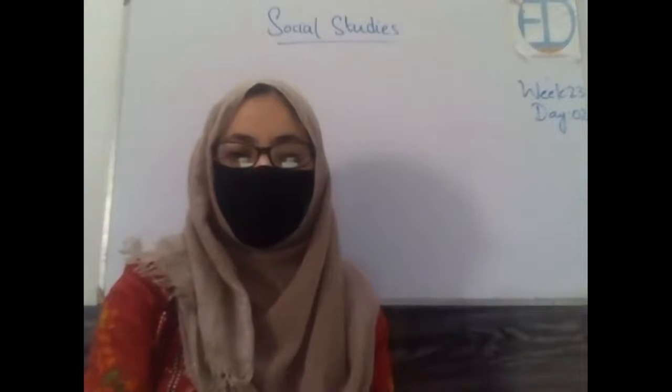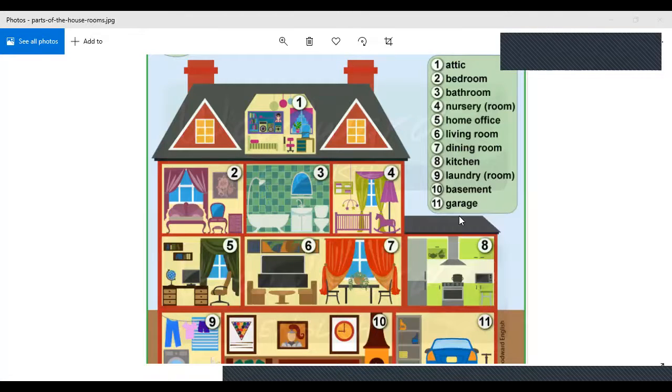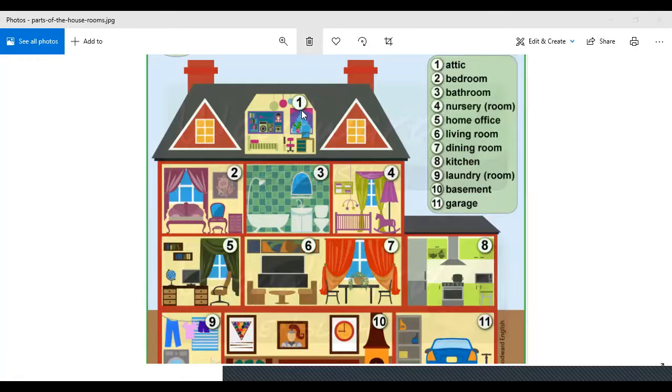So here I'm going to share the screen with you, and we have another vocabulary picture of the house. It starts with the attic. It's the top portion. See, they have numbered it as well, right? The topmost area is known as the attic. Then we have the bedroom. Any area like this place, we call the bedroom, in which there are beds, a coffee table, two chairs, a dressing table. So we call this area a bedroom.